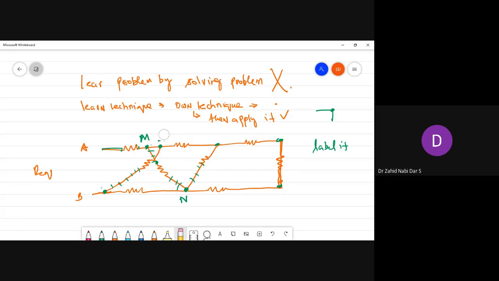So what I do is that the same M point I have taken over here is not changing, because there is no resistance in between. So this M remains till here. I will take this point as M only. Now let me see here. Now there is a resistance here.